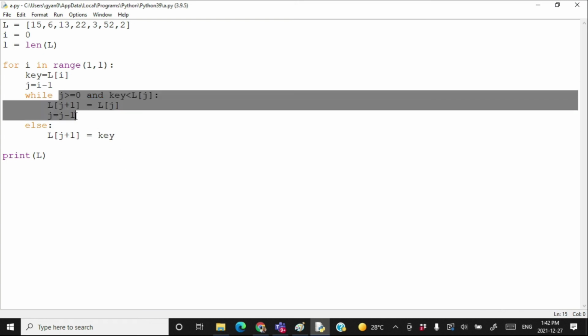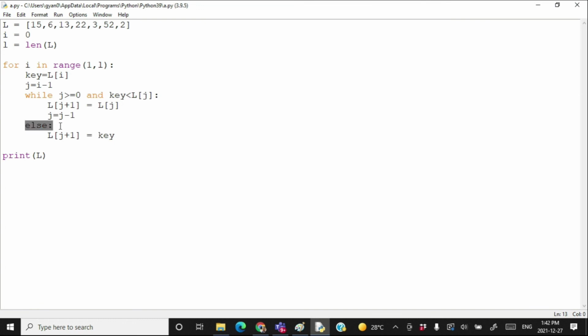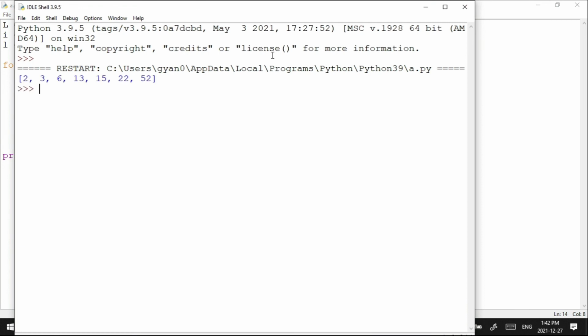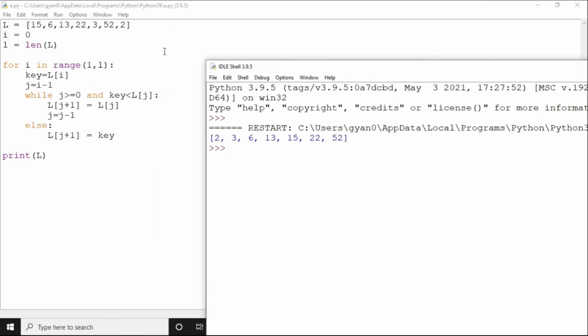And whenever this condition is not satisfied, you are in the else part and you store the current value of key into the element L[j plus 1]. And this is how the insertion sort works. Let's execute this code, run module, and here we have the sorted list which we have provided here.